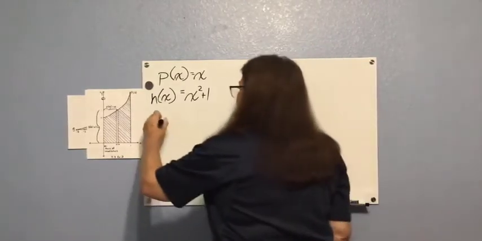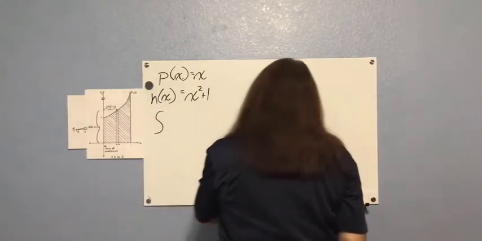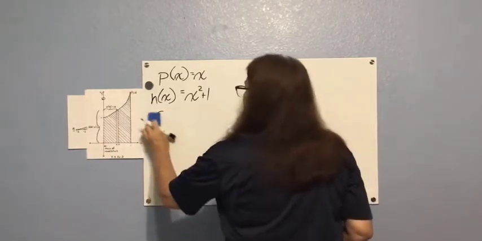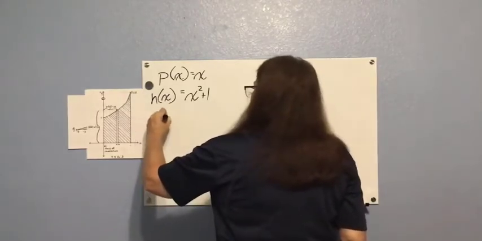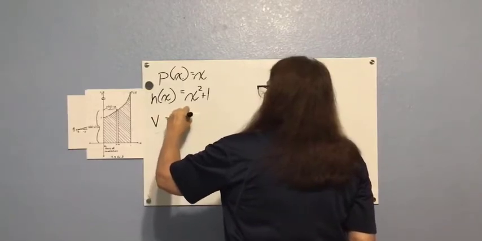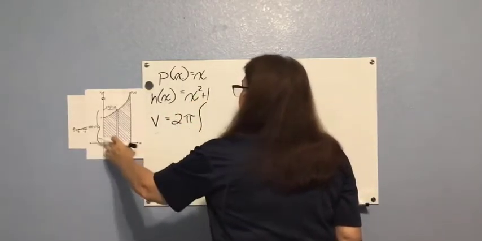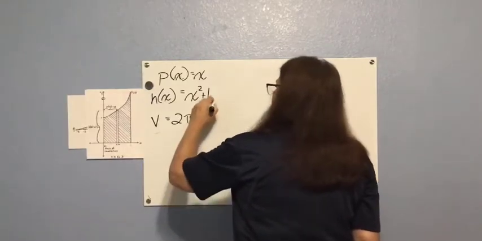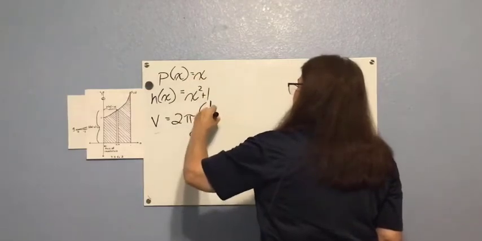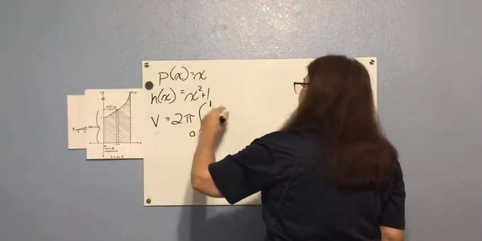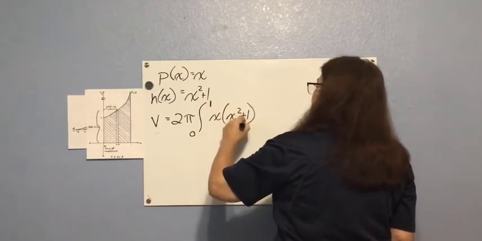Okay, now using the shell method, we're going to integrate, let's start with volume. Volume equals 2 pi times the integral. We're going from 0 to 1. P of x is x. H of x is x squared plus 1